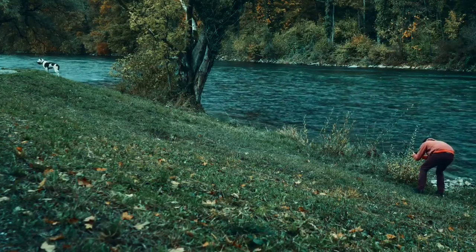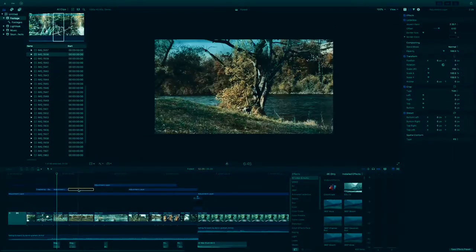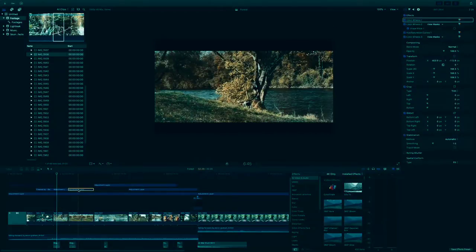Now I want this clip to export in 4K, so I have to be careful to crop in not too much. In this case, the reason I want to crop in is to adjust the framing of the video to give it a nice composition. You want to make sure you compose your shot also before editing, meaning during the shoot. After that, I color correct all of the footage, add a letterbox to the whole video, as well as